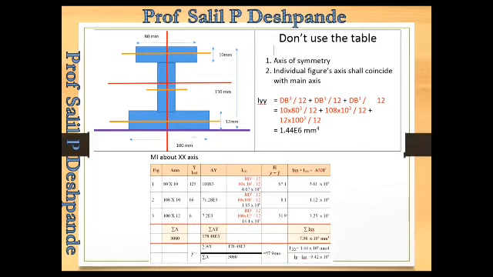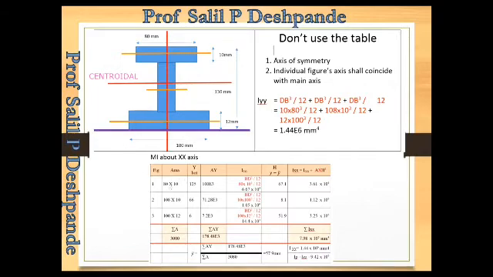Now in this particular case, I have to calculate moment of inertia about the base. In the first case, we calculated the moment of inertia about the centroidal axis. So I had to calculate the centroidal axis first, and determine its position. But now in this case, do I need the centroidal axis of the entire I section? No, because I have to calculate moment of inertia about the base.